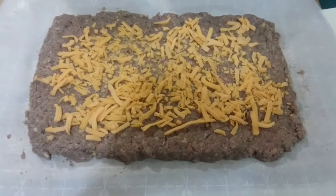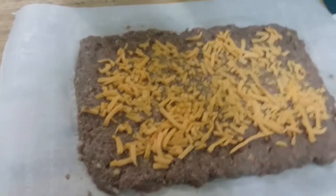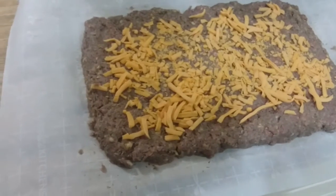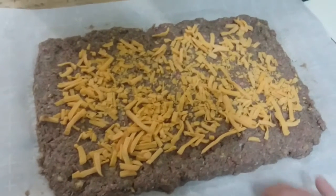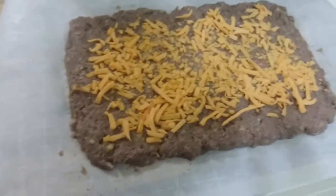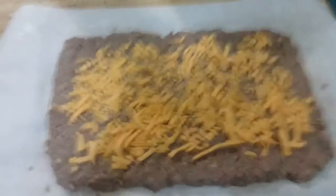But the secret ingredient, I guess it won't be a secret anymore, but my key ingredient to my meatloafs that makes them just stand out from other meatloaf is I add, for however much ground beef I add, 1/4 of that amount in ground sausage. And you wouldn't believe the difference that makes. It's delicious. So what we do for the rolling is